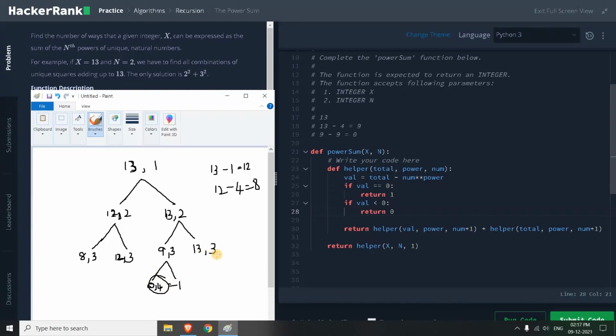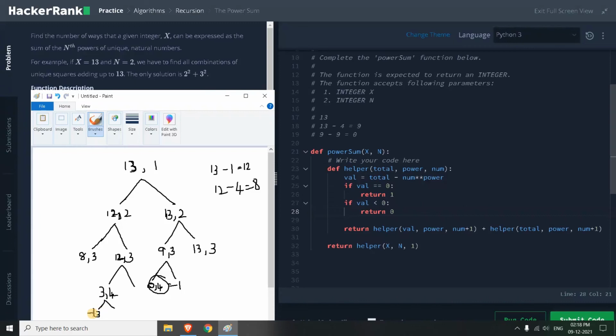All the other recursive calls will eventually go beyond that. Let's see, maybe for this one, if we go further, meaning 3, 4, and even if we go further, 4 square is 16, so it will be minus 13.